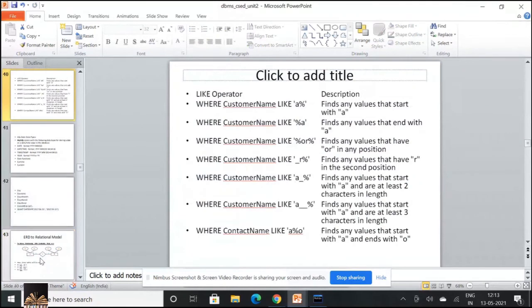Now, these are different forms of LIKE operators along with the description.